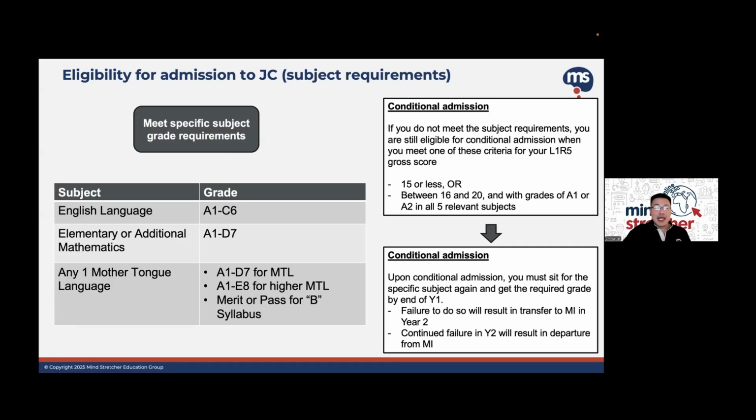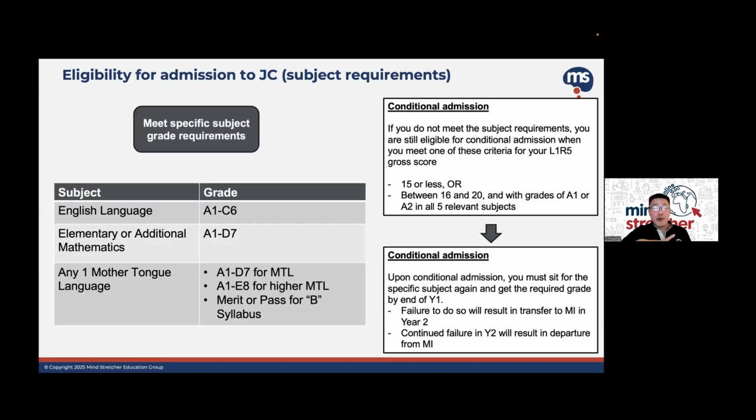So the idea here is that, be it whether you're going through a JC route or a poly route, there are avenues and opportunities for you to go to different places, including to university, including to the industry, to different jobs. So I think nothing is really closed off for now. But think of it as one milestone among several that you have to go through. The important mindset to have here is that at each of these milestones, go with the best information that you have. So make a well-informed decision, make a decision that you won't regret,